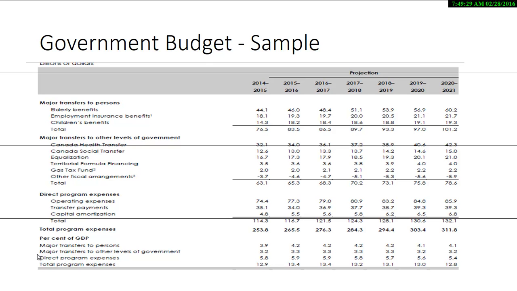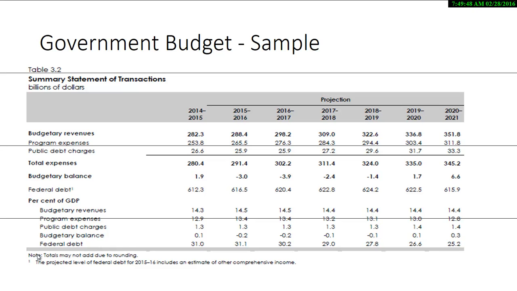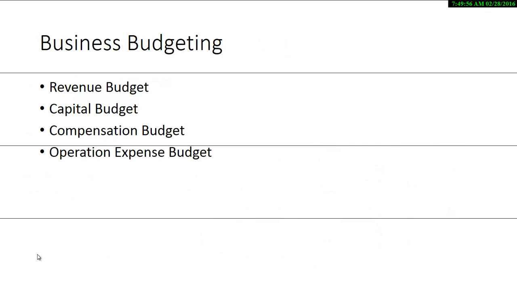So how are you going to accommodate those expenses? Are you going to raise revenue to offset that? And that's what part of the budget cycle means: you have to look at what we call gap analysis. How do I bring my expenses and revenue to equal each other, or at least be in either a zero position or in a surplus position? This kind of shows you where the government projects it's going to be. They figure they're going to be in deficits for the next few years. So that's something to bear in mind as you're looking at the budget cycle.